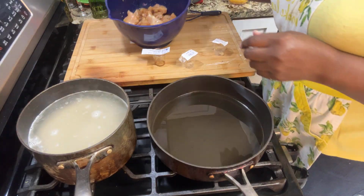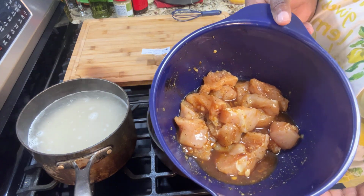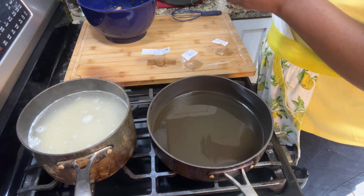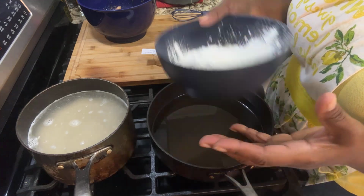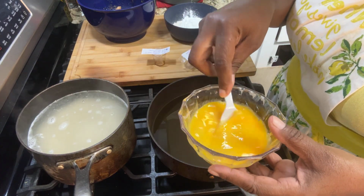Okay, I have some cut up chicken breasts. You can use thighs. I like using the chicken breasts. I'm going to be using, this is my 3/4 cup of, this is 1 cup of cornstarch, and I have 2 large beaten eggs,